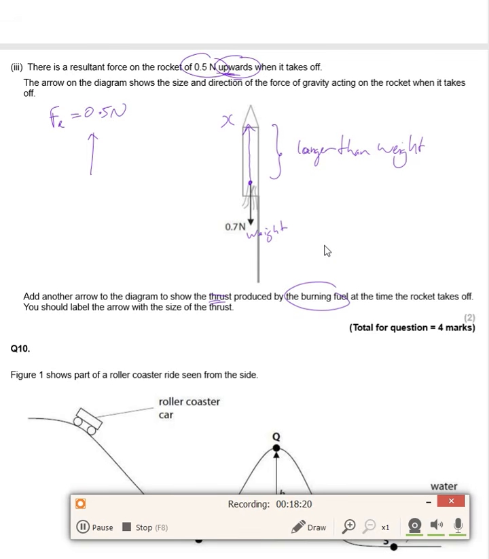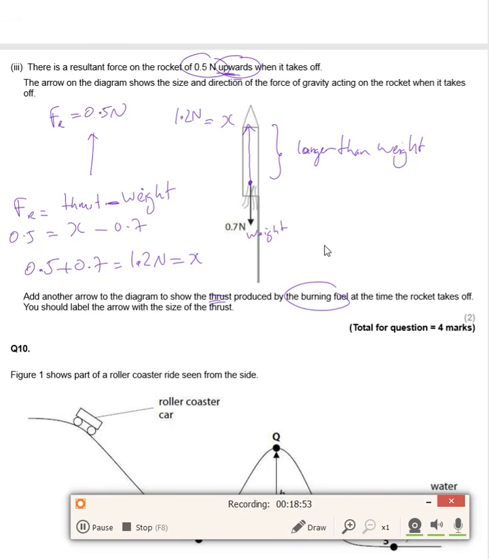So therefore, what we have is the resultant force, so F resultant equal to the thrust minus the weight. Now, why is it minus? It's because the weight is going in the opposite direction. So look, we have x equals 0.7. This is going to be 0.5. Therefore, we have 0.5 plus 0.2. This will go to 1.2 Newton, and this is x. Therefore, this here is